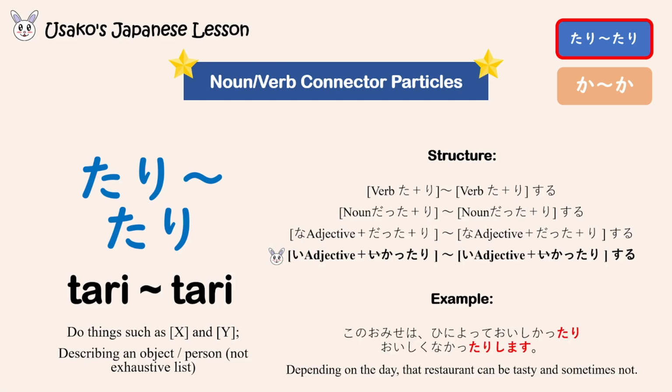Finally, another adjective example. このお店は日によって美味しかったり美味しくなかったりします。Depending on the day, that restaurant can be tasty and sometimes not. 美味しい is an adjective, and so you take away the い and add かったり, so 美味しかったり. Similarly, 美味しくない, which is the opposite of 美味しい, loses the い and becomes 美味しくなかったり, followed by する or します. So 美味しかったり美味しくなかったりします。